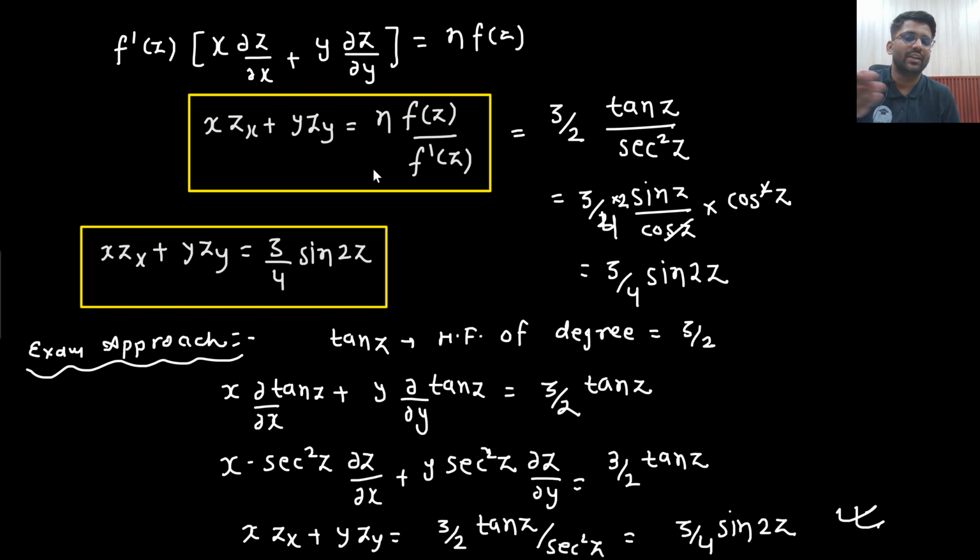Like x into zx, y into zy. So do we have the technique? X into del by del x homogeneous function plus y into del by del y homogeneous function would be equals to n into homogeneous function. So yes, we have the technique. If we have to remember, we have the technique,